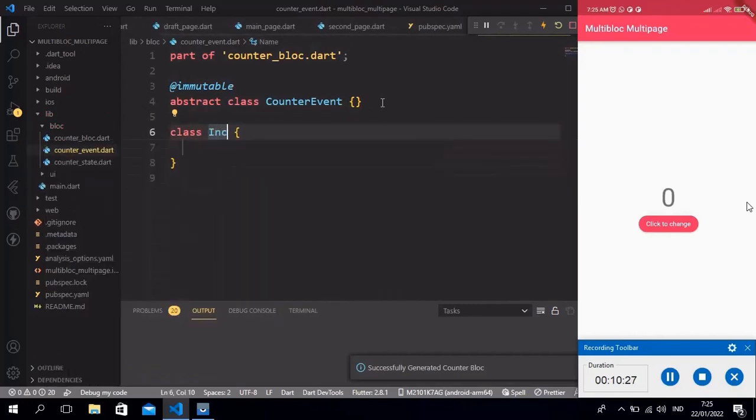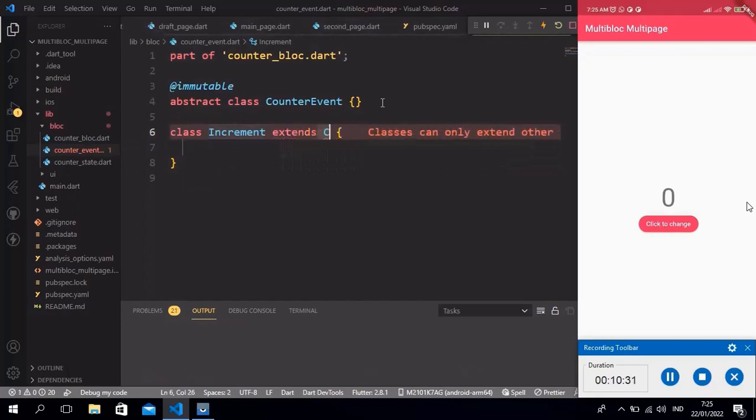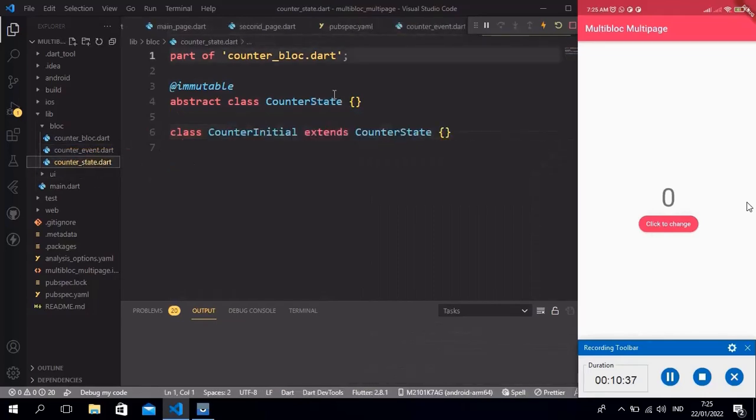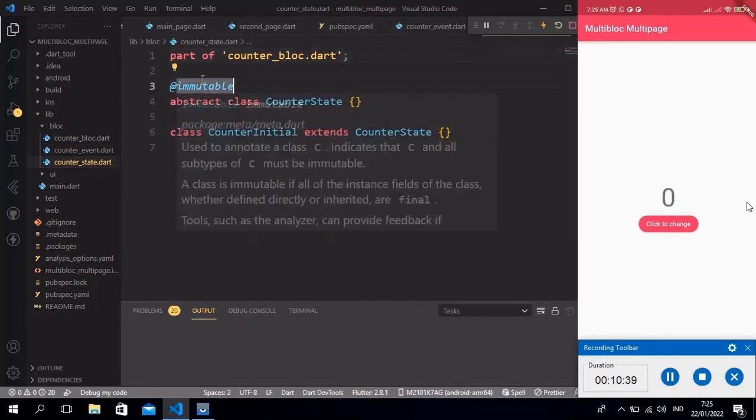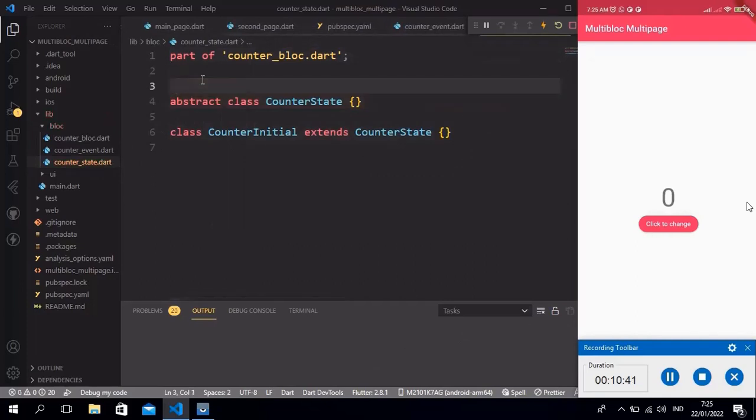Then we need to create increment as event in counter event. It needs to extend counter event. And then we need to add an integer in our counter state.